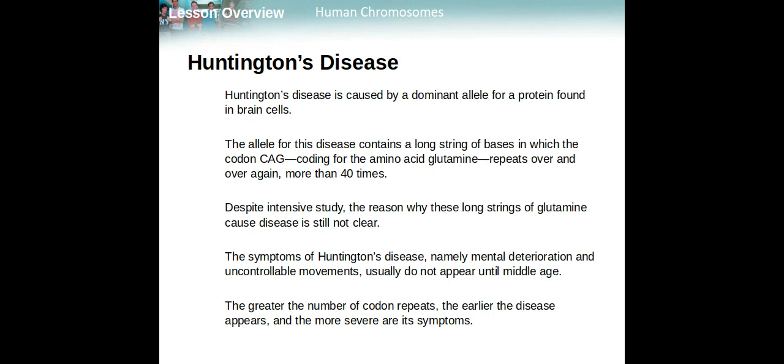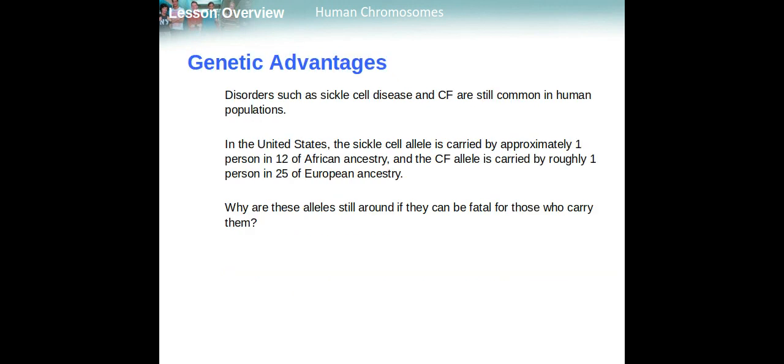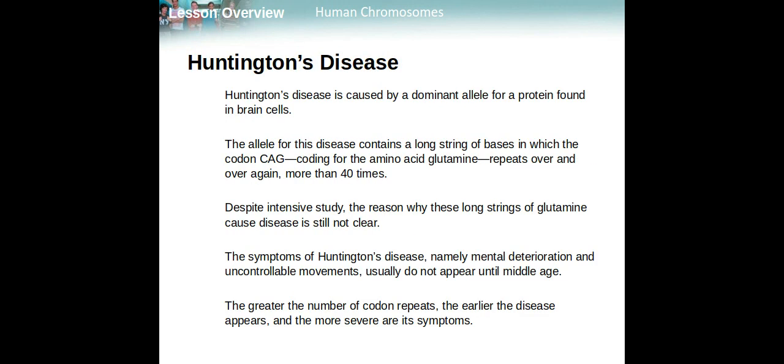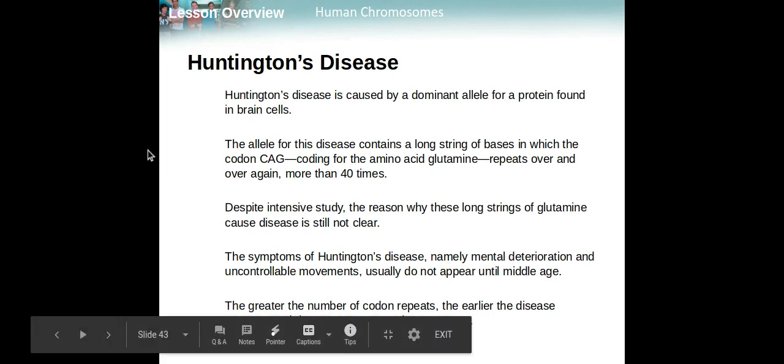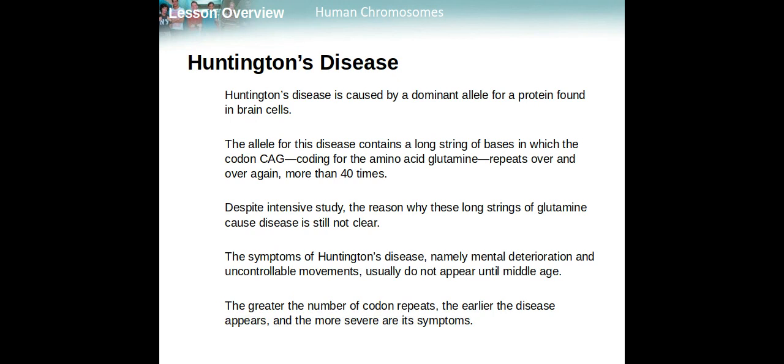Huntington's disease is another one. What I want you to get out of this is that one tiny little mistake in the DNA can end up causing a change in the protein, which can end up leading to very, very large consequences and a genetic disorder. Hopefully you kind of see that and understand it. And that's why I'm going to have you guys do a genetic disorder project where you look into one and try to figure out what the problem on the gene level is that causes